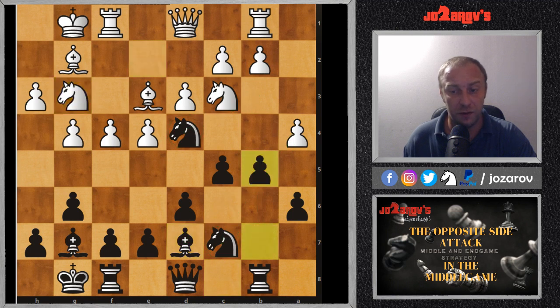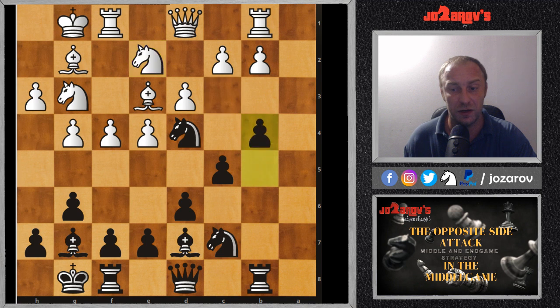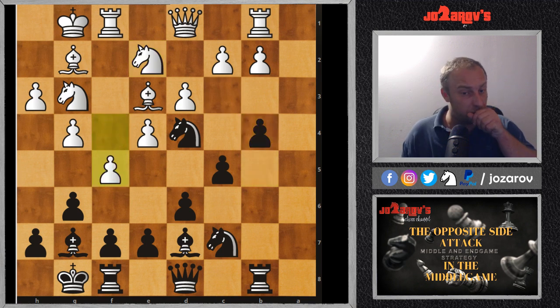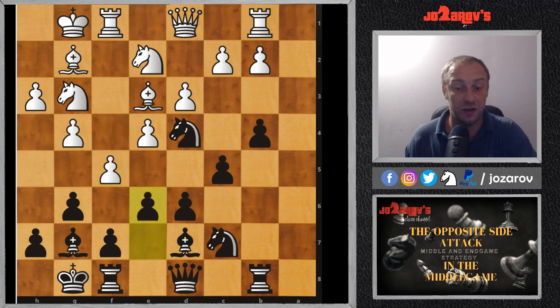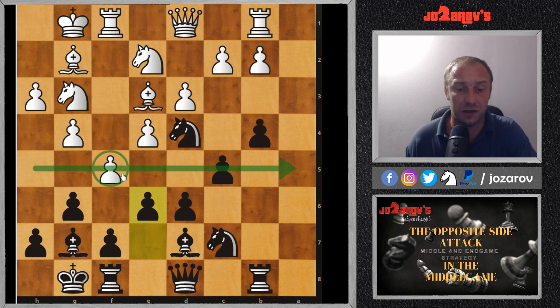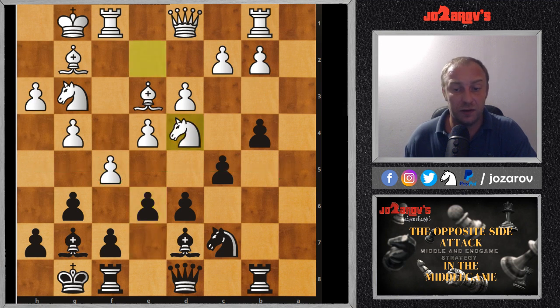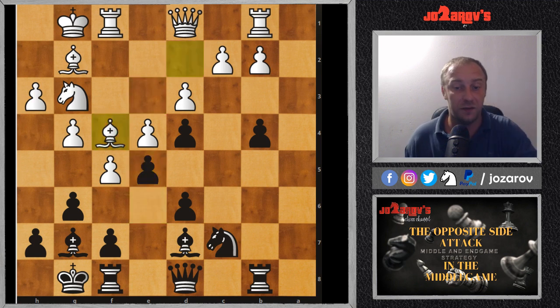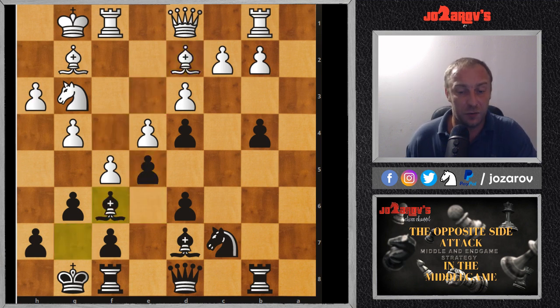Knight on g3, b5, a takes b5, a takes b5, knight on d2, and now b4, f5, and now a very nice move here, e6, challenging this advantage that White has created. We are not allowing our opponent to gain some space in this opposite side attack game. Knight on d5, d4 was played, c takes d4, bishop on e4, e5, bishop on d2, here bishop on f6,